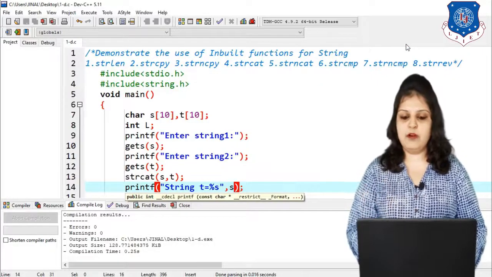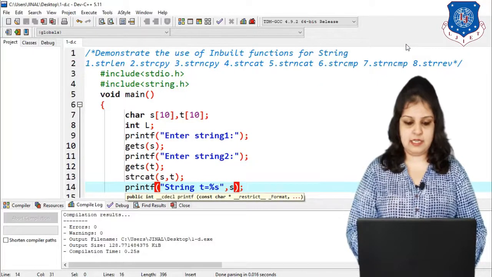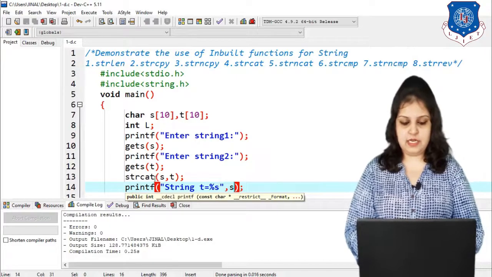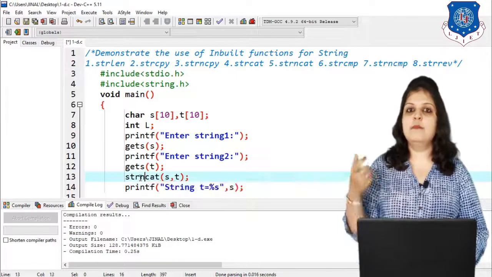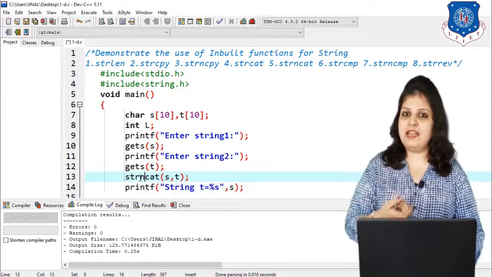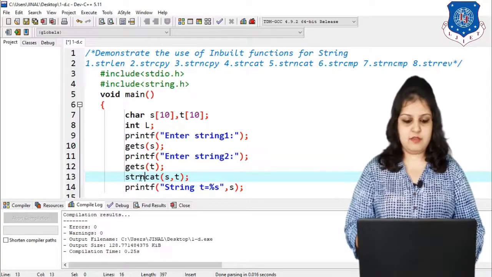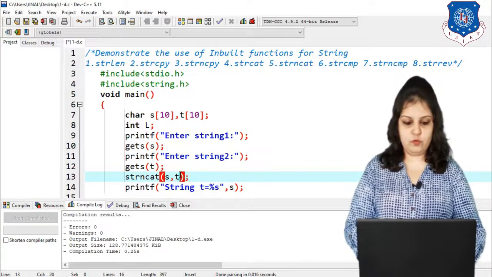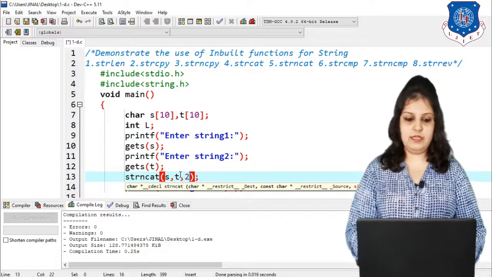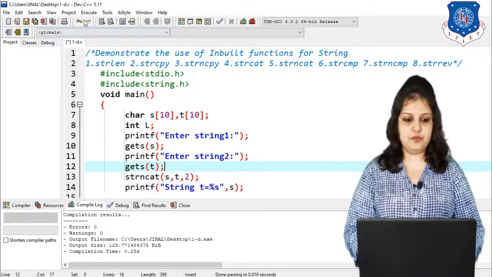Now a similar function is strncat. So strncat merges or concatenates only n characters. So suppose I enter here 2 and let's see the output.